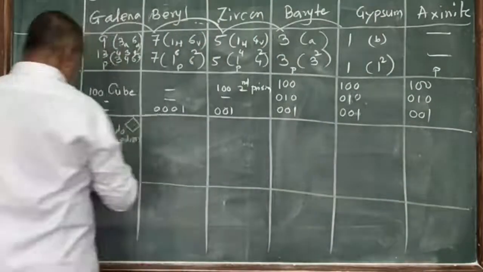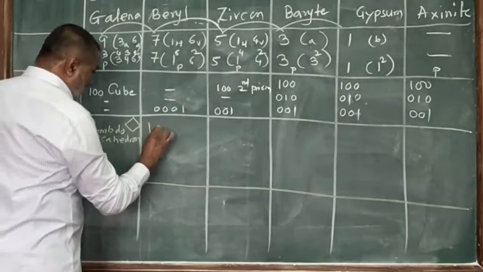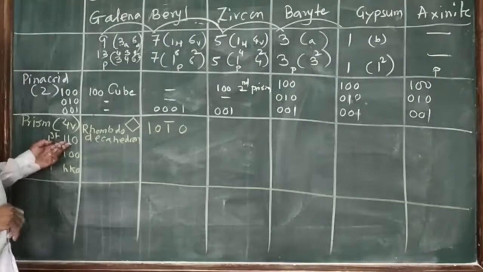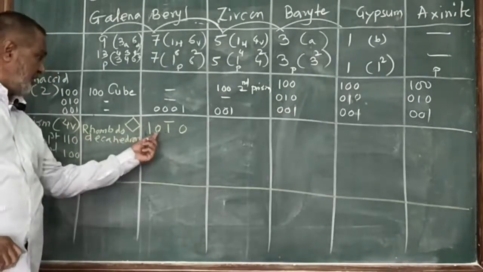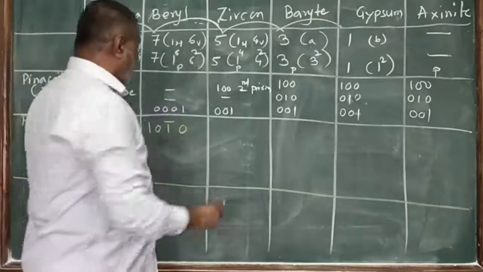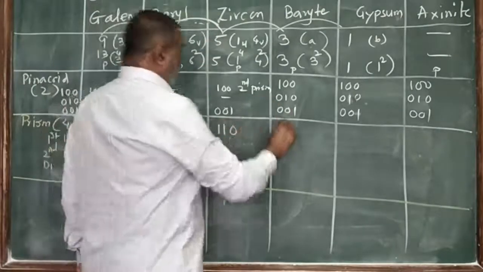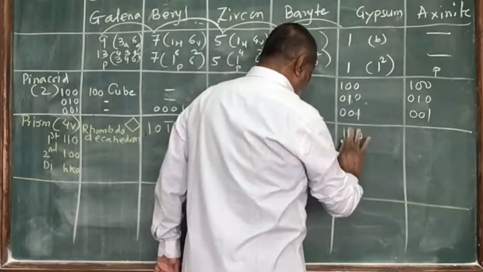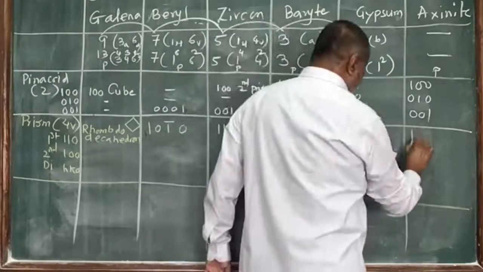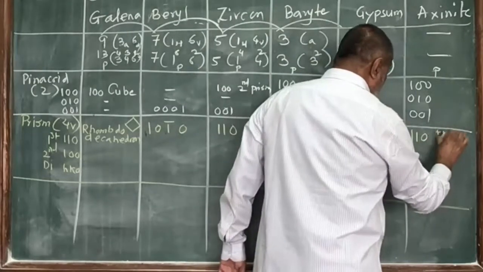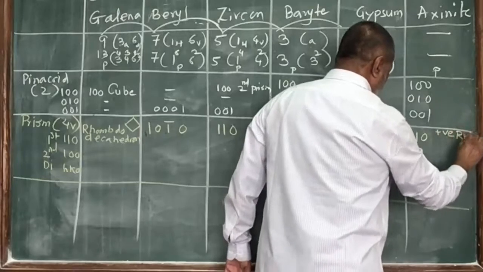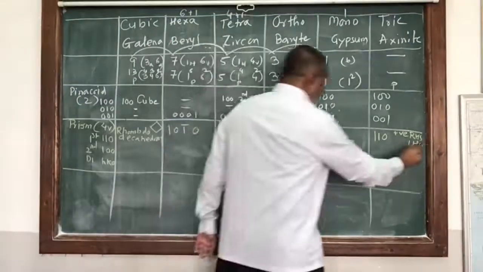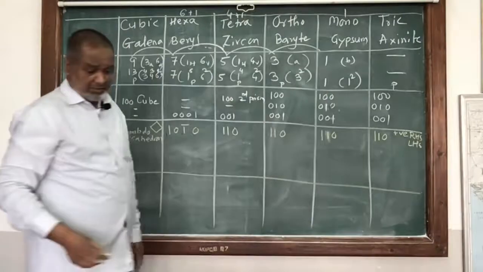First order prism is there: 1 0 bar 1 0. Two axes are going to cut. So here also two horizontal axes cut. 1 0 bar 1 0. Tetragonal system, it is there: 1 1 0. Orthorhombic system 1 1 0. In monoclinic system 1 0 0, 1 1 0. And here also we have 1 1. And in this we have positive right RHS or LHS. These are the prisms, RHS and LHS, which are available in this particular system.